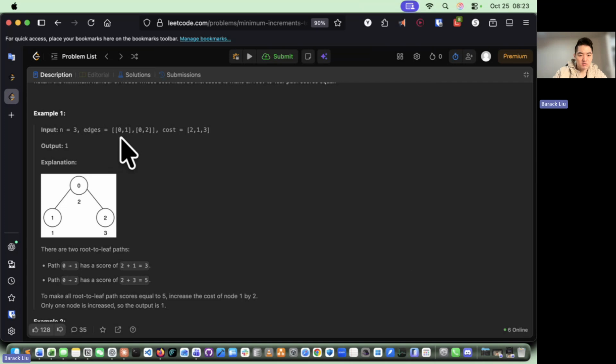And edges is [0,1], [0,2], which means that there is a path between node 0 and node 1, and node 0 and node 2. Cost is equal to [2,1,3], which means